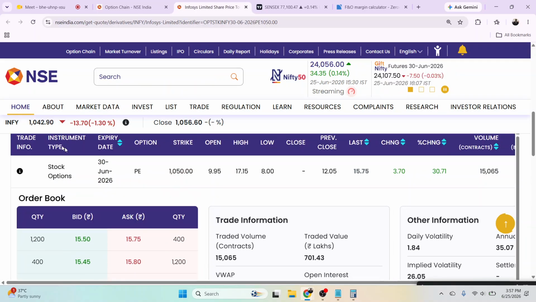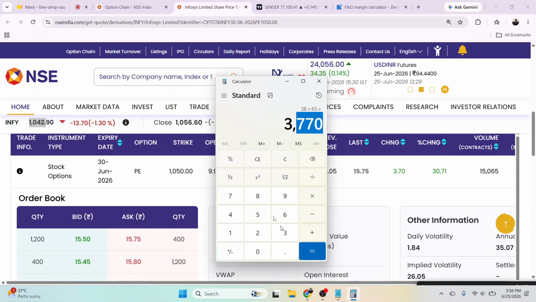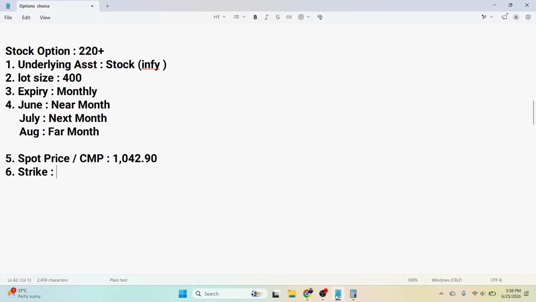अगर हम इसको 1042 पे अगर आप कैश में खरीदते, इट वुड बी लाइक दिस। तो 4,16,000 रुपए लगते हैं आपको 400 शेयर खरीदने में इन्फोसिस के। अब हम 400 शेयर न खरीद कर हम उसका एक कॉन्ट्रैक्ट बना रहे हैं। तो अगर इसका प्राइस 1 रुपये बढ़ेगा तो हमें 400 का फायदा होगा, 1 रुपये नीचे जाएगा तो हमें नुकसान नहीं होगा इसमें, कॉल के केस में तो हमें प्रॉफिट होगा।